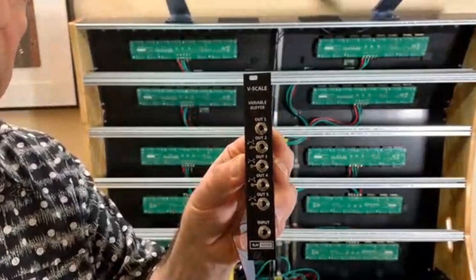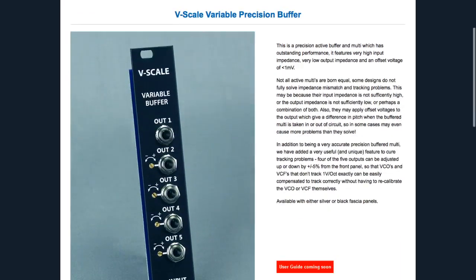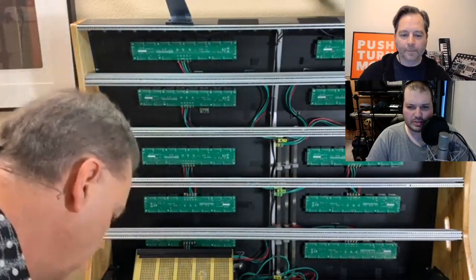tracking of your oscillator. So I have one of these per row of oscillators. There we go, and scroll that up a little bit. So that I can take a CV in, distribute it to several oscillators at once, and if necessary, tweak the tracking of them from this one location rather than having to take a module out and recalibrate it and put it back in, etc. It's a really handy thing because calibrating anything, I've had this question before where people say,